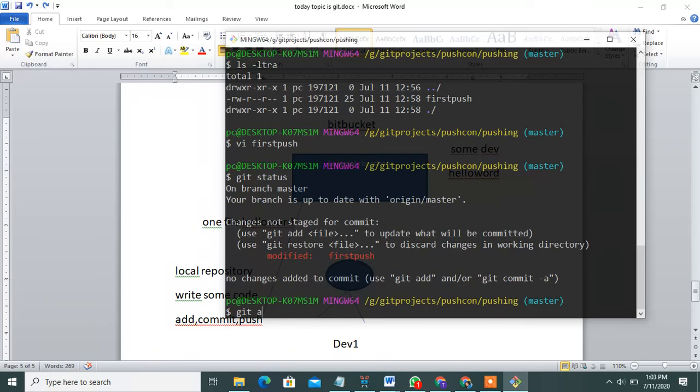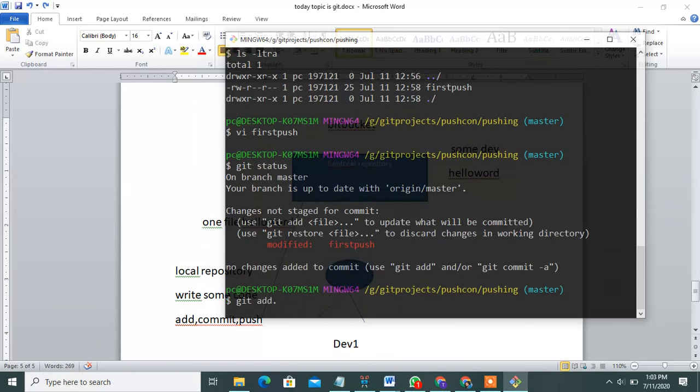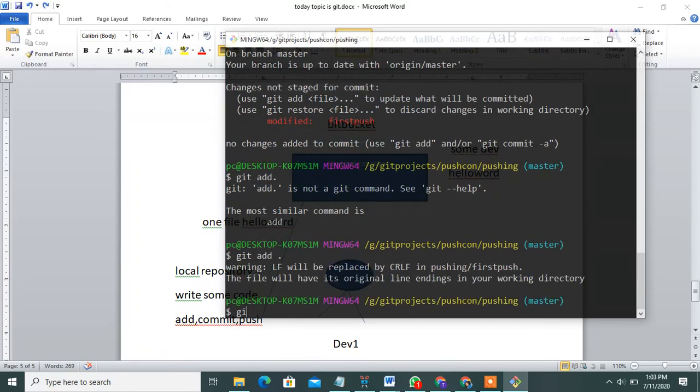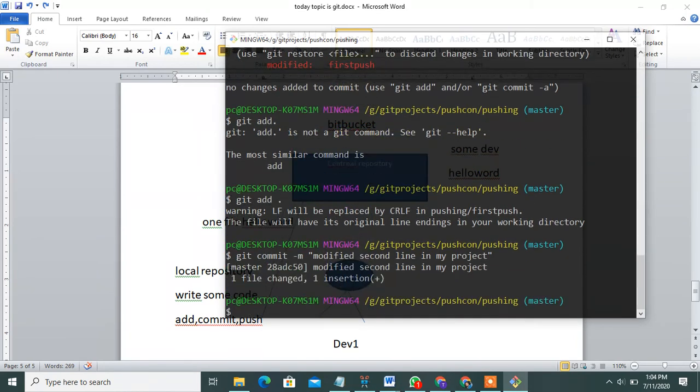Then git add and git commit with some message, and commit it.